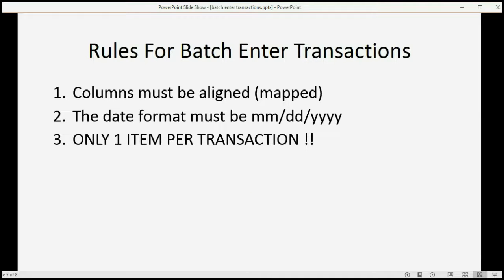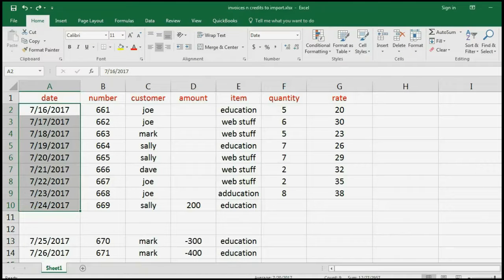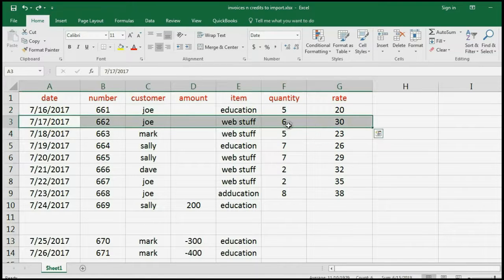Now, the second rule is there's only one item per transaction. Unfortunately, you cannot import an invoice or a check or a credit or any transaction that has items in the body of the transaction where there's more than one per transaction. So if you notice, invoice number 661 only has 5 of the education service, nothing more. The next invoice has 6 of the web